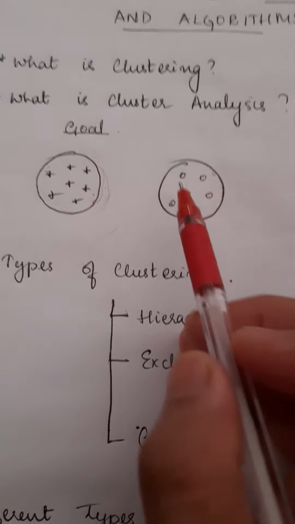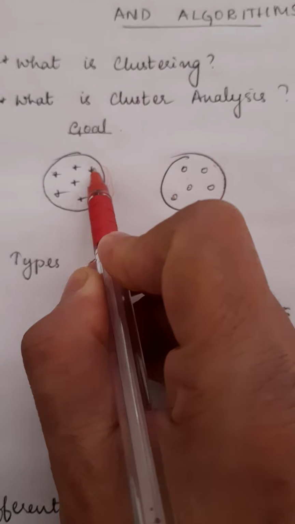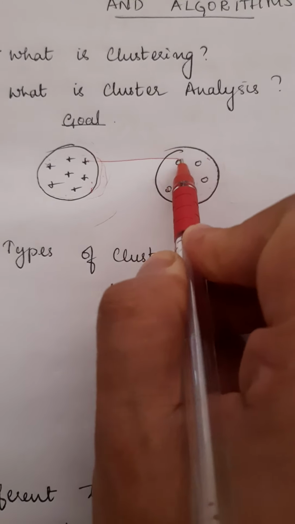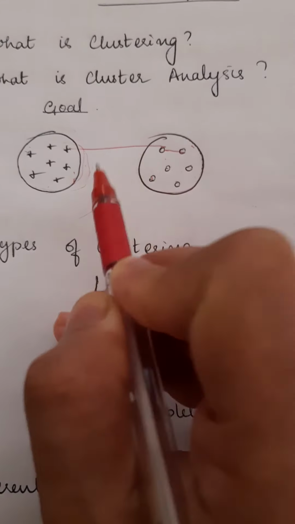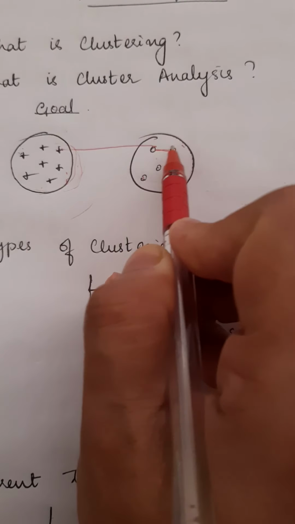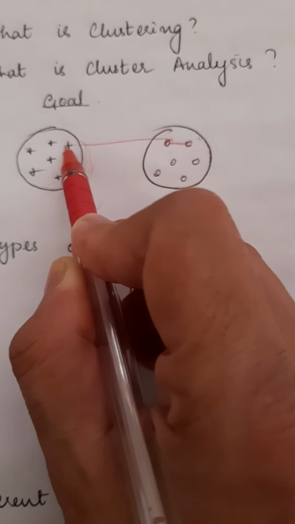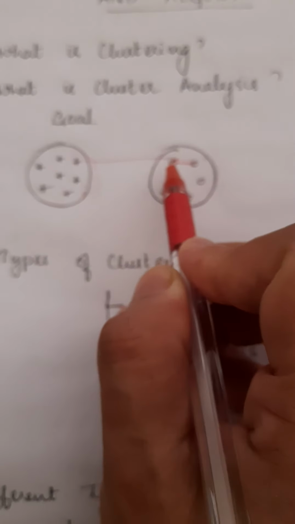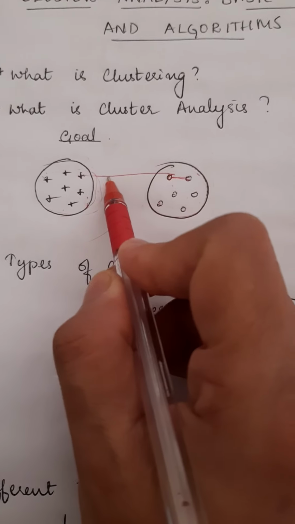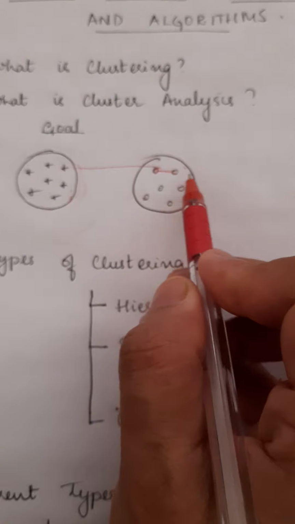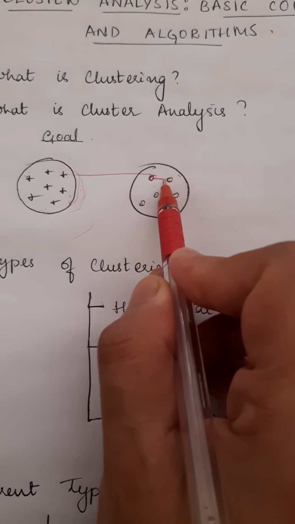That is what you see. The distance between these two is much more than the distance between these two. That is why I have put these two into one cluster. If you take a circle and a plus symbol, the distance here is much more, right? So that is why they belong to different clusters, whereas these two belong to the same cluster.